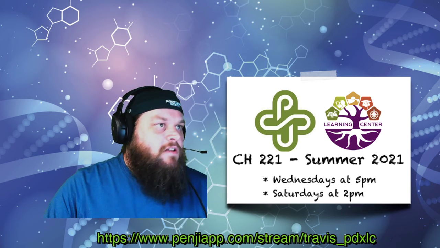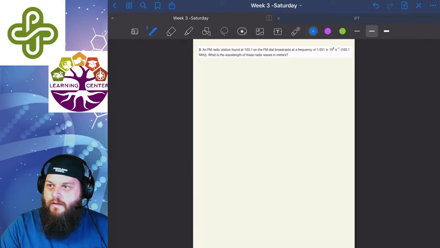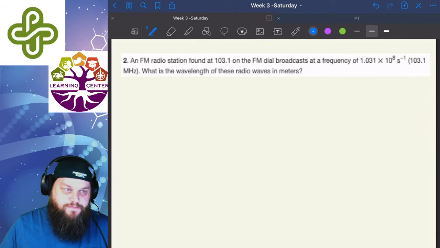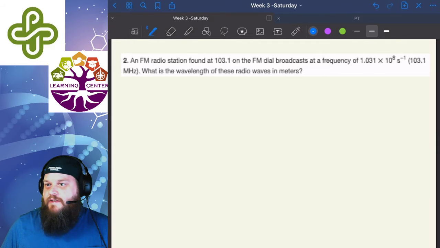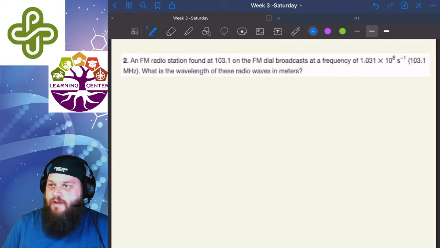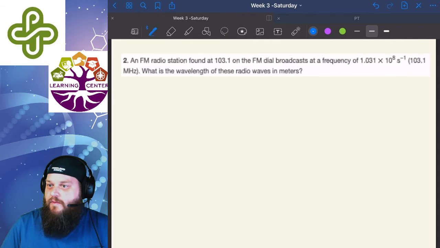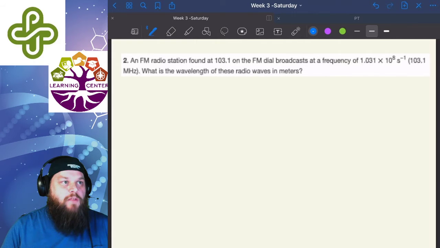So let's get started on what we're doing today. All right, here we are. This first problem I want to talk about has to do with electromagnetic energy, because light travels as a wave and a particle, and it has a certain amount of energy per photon that is traveling. So we can use the relationships between the frequency and the wavelength with the speed of light to determine its energy, essentially. In this particular problem, we have an FM radio station, which is found at 103.1 on the dial,